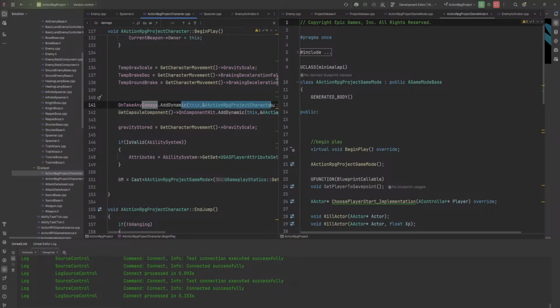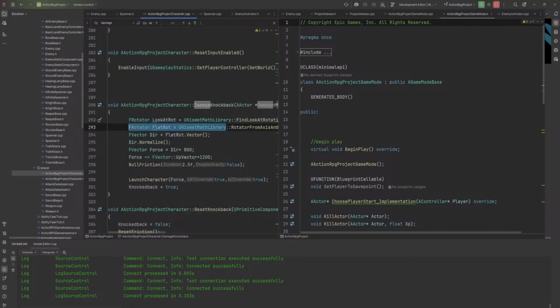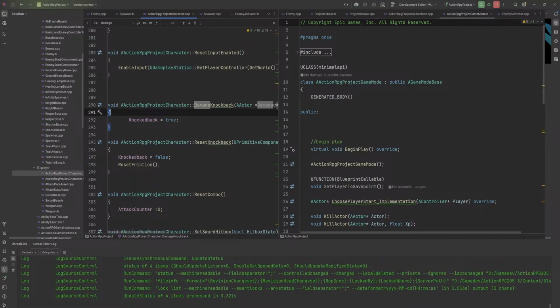On take any damage. Oh, this might be a damage knockback. Yep. So this is very old code. This is very, very old code. This is from before I used the gameplay ability system, is how old this is. But I still think that knockback equals true is a value that we're using. Surely it's not though, because